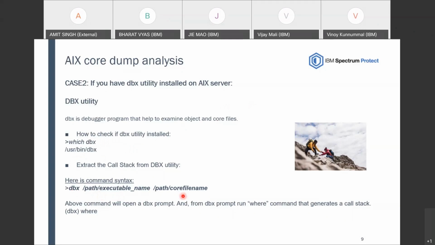This will open a dbx prompt. At the dbx prompt, you have to issue the where command to print the call stack for the current core dump and save the output as stack.out. Then check what is there in the call stack. It contains the information for all the threads active at the time of the server core dump.